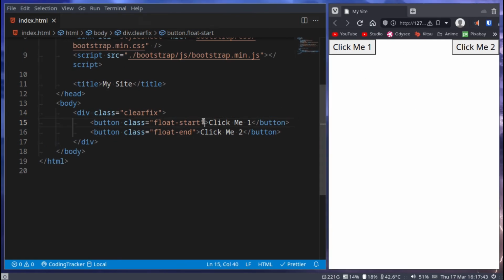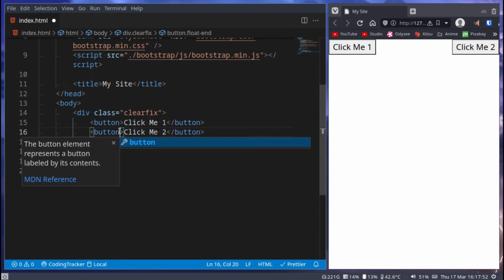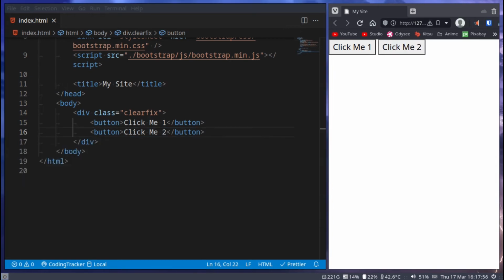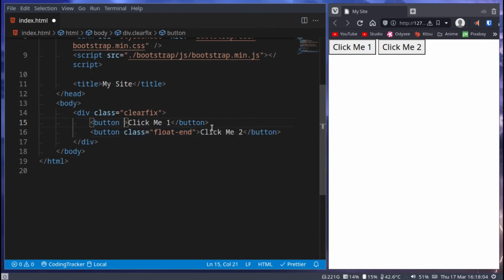This will now float at the start. If we were to remove this, not much would change, as you can see. But if we were to remove this end here, then it will now no longer float at the end. But depending on how your website is built, you might want to actually use float start as well. You also make it a bit more